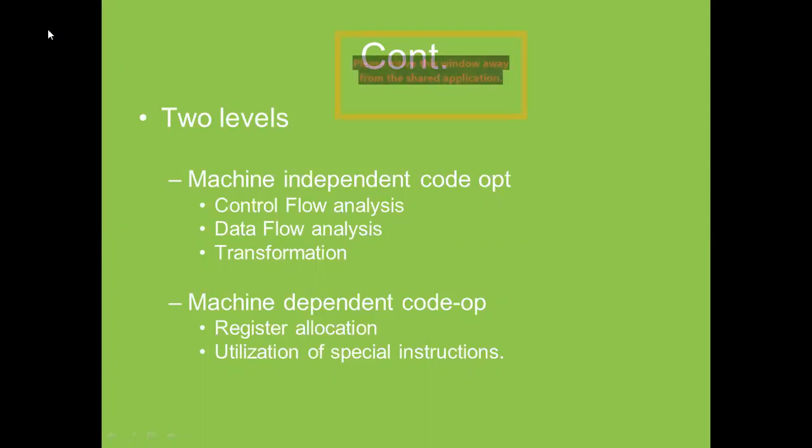Whenever you are converting the source program, first you convert it into the intermediate code, and that is called the machine independent code. So we can use the code optimization there, or at the target code side, that is the machine dependent code optimization. Where we get the target code, or we can say we do the result analysis, that is called the other level, machine dependent code optimization. So first is the machine independent code optimization and another is the machine dependent code optimization.